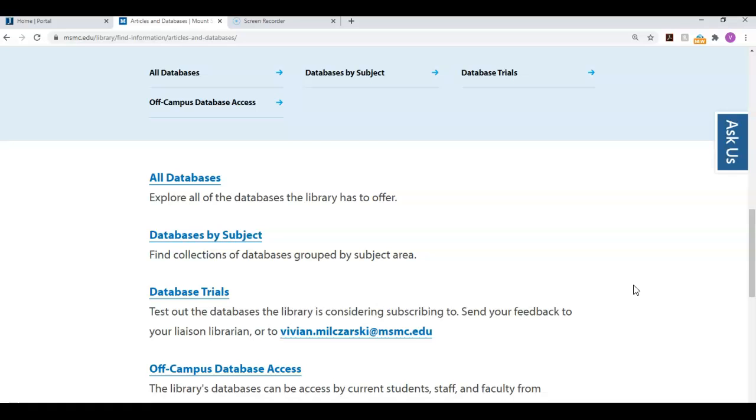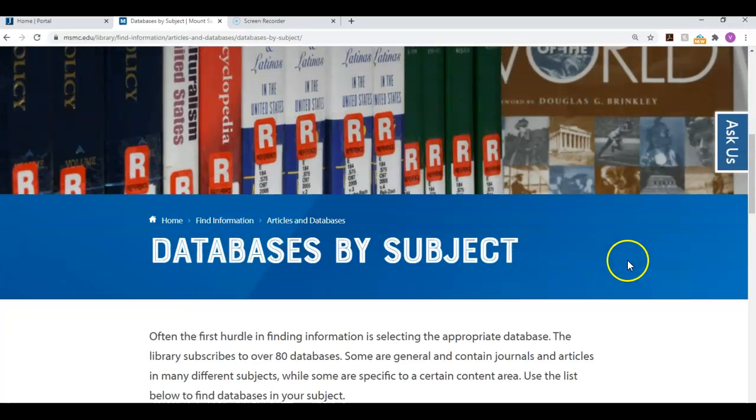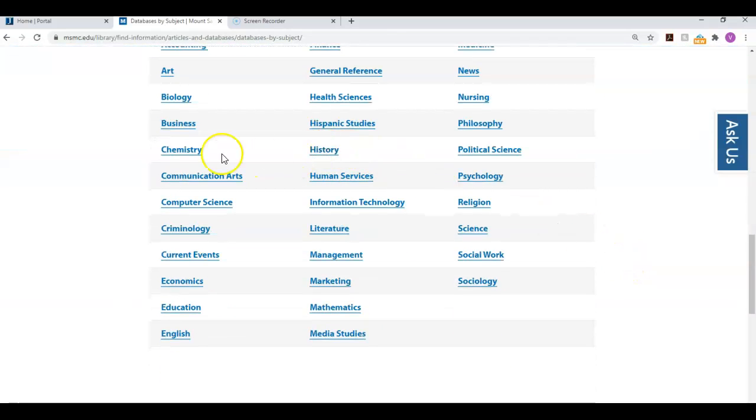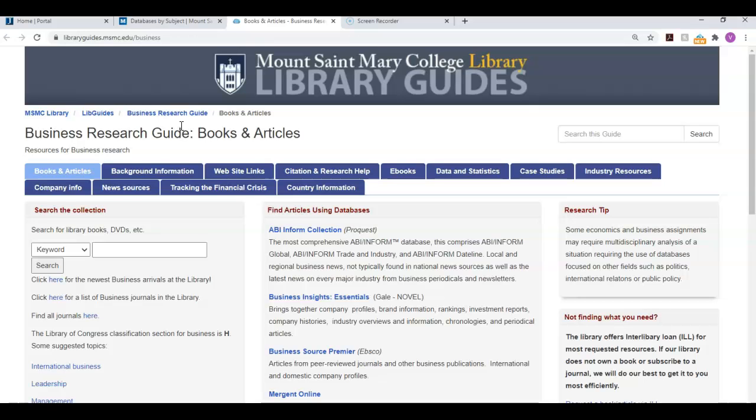Scroll down to look for databases by subject. Select Business from the list. You will be directed to a Business Research Guide, which is a portal to all sorts of information about business. The library's business databases are listed in the middle of the page with descriptions. We will select Business Source Premier, an EBSCO database containing articles from popular, professional, and scholarly journals in the field